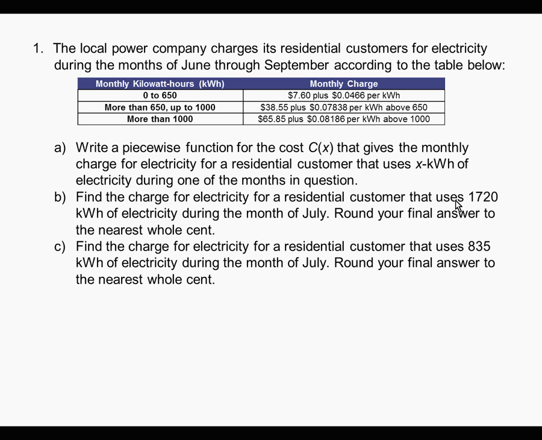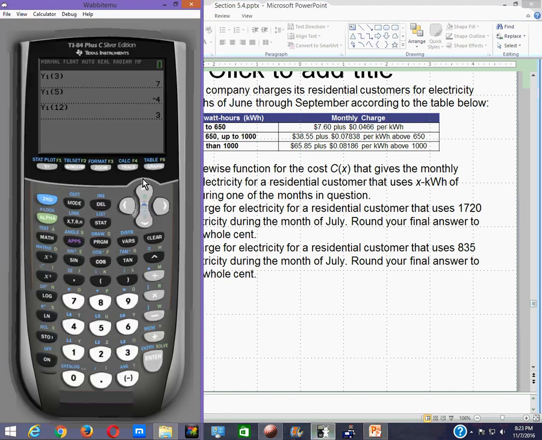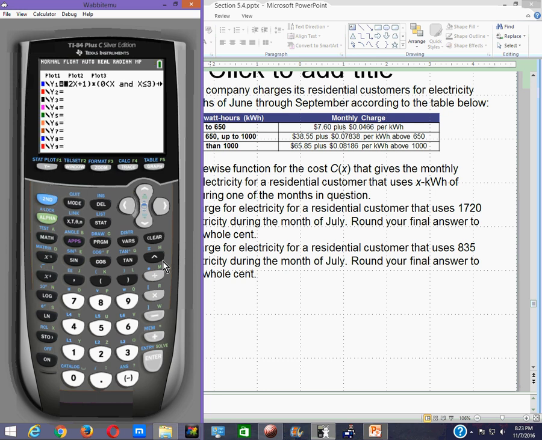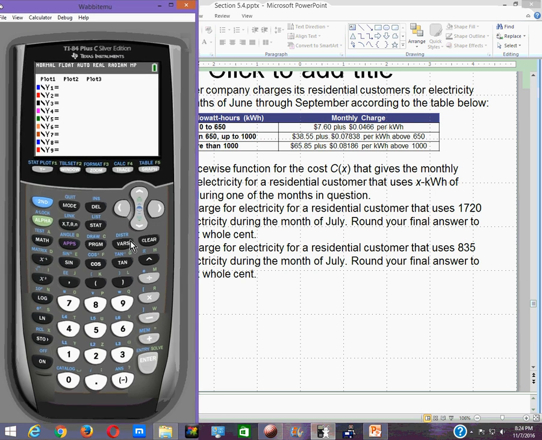Now, if you're really swift, you can almost write the function from the table. Let's see if we're really that swift. Let me clear this out, let me clear out my y1. Okay, the first one is 0 to 650, and it's going to be open parenthesis,